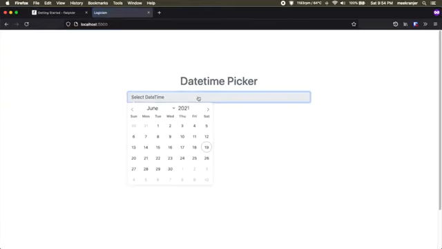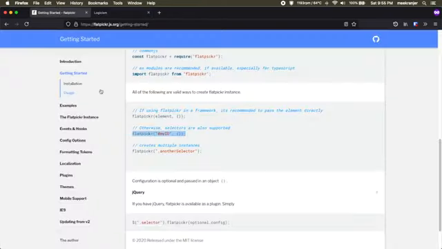So immediately you can see that when I click on the input field, we get this amazing date picker. You can choose the month, you can choose the year, but then again, this isn't really what we want, because Firefox already has a built-in date picker. We don't need another date picker. What we need is a datetime picker with the time input, and that's where Flatpickr shines because of just how customizable it is. So if I go back to the documentation right here, you can go and check it out yourself at